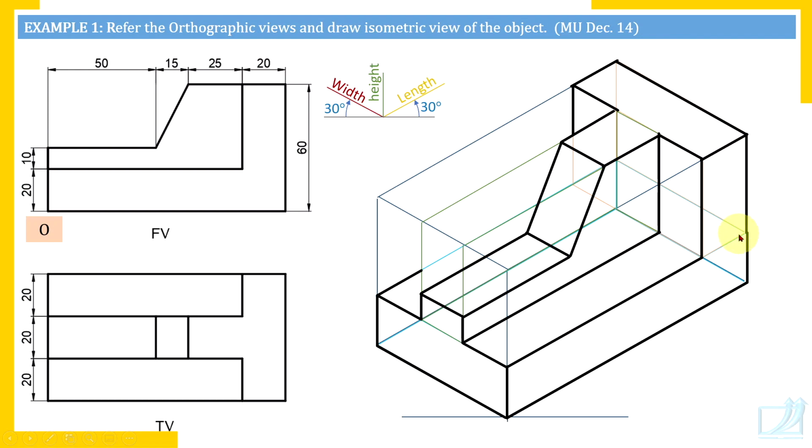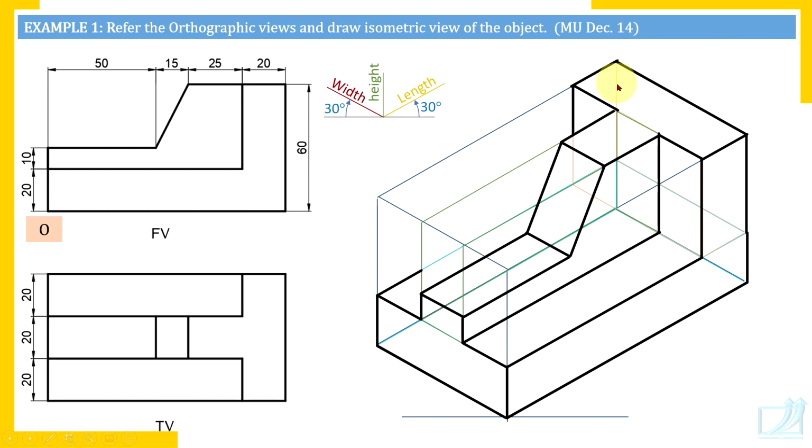Now this edge is on the front side, that's why it's visible. Similarly, check this corner, edge parallel to width, edge parallel to length, and both these edges are at top, and that's why these two edges are visible. From this corner there is a vertical edge, this edge is on the front side and visible. Now from this corner there is an edge parallel to length and parallel to width, and from this corner there is one more edge parallel to height.